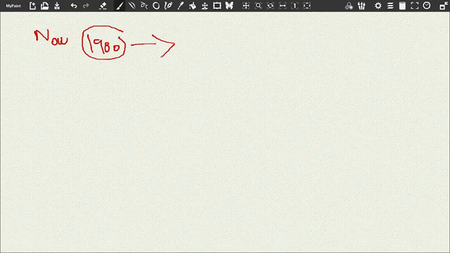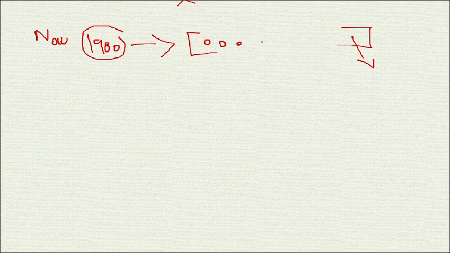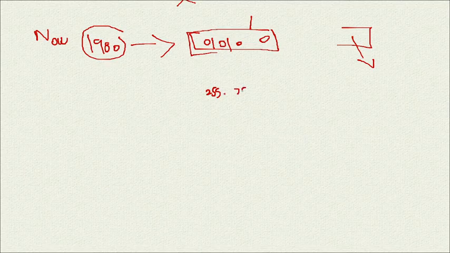At that time the IP addresses were also 4 octets. The IP address range starts from all zeros: 0.0.0.0. This is one IP address, which is assigned as the network ID, and this is the broadcast ID. So the IP address range is 0.0.0.0 till 255.255